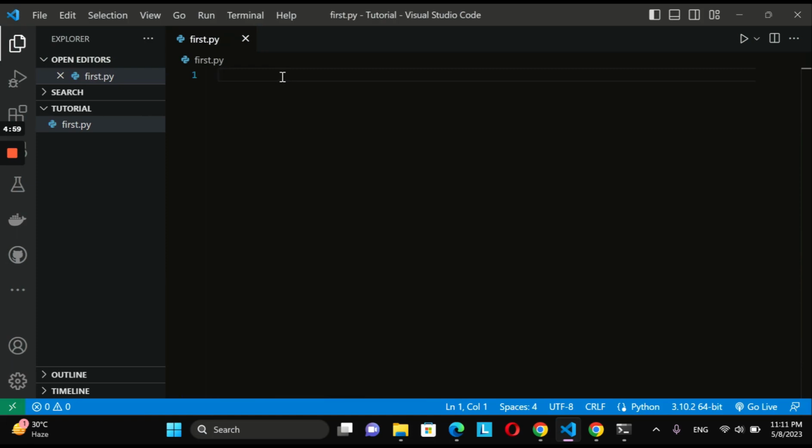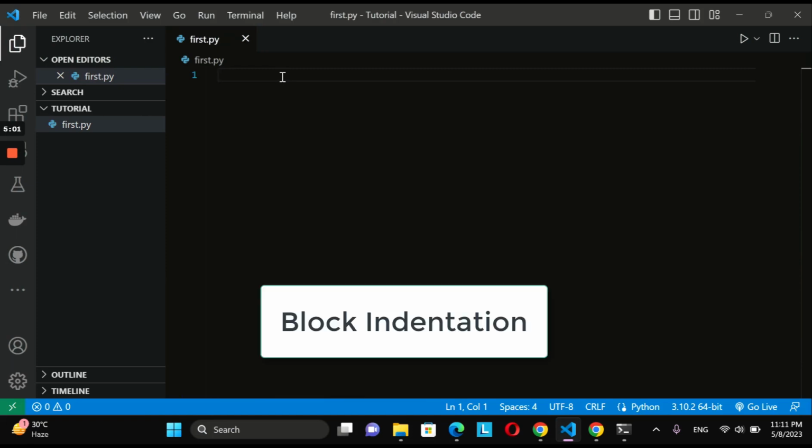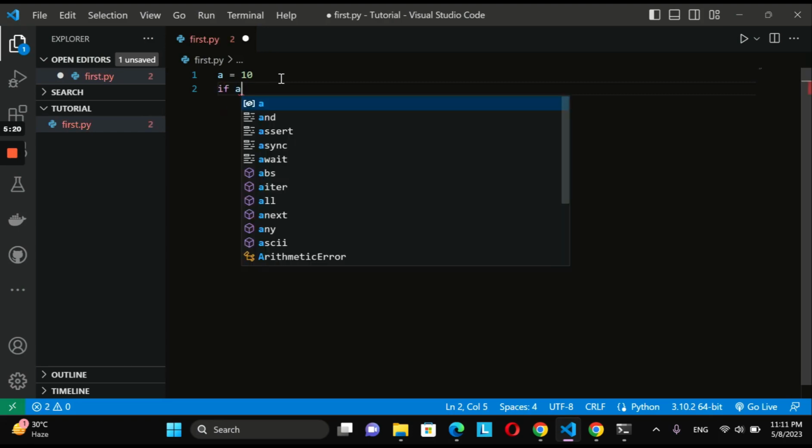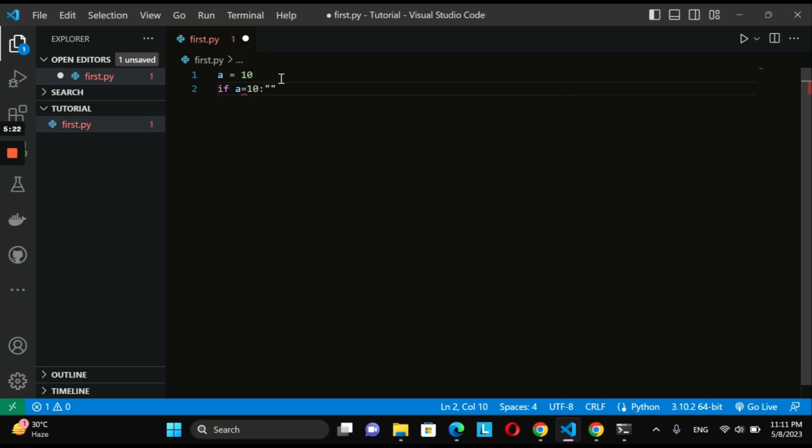Now we are going to discuss block indentation. This is one of the most important things in Python. If we don't use perfect indentation, then the program won't work. For example, let's take a variable a equals 10, then give an if condition: if a equals 10, then